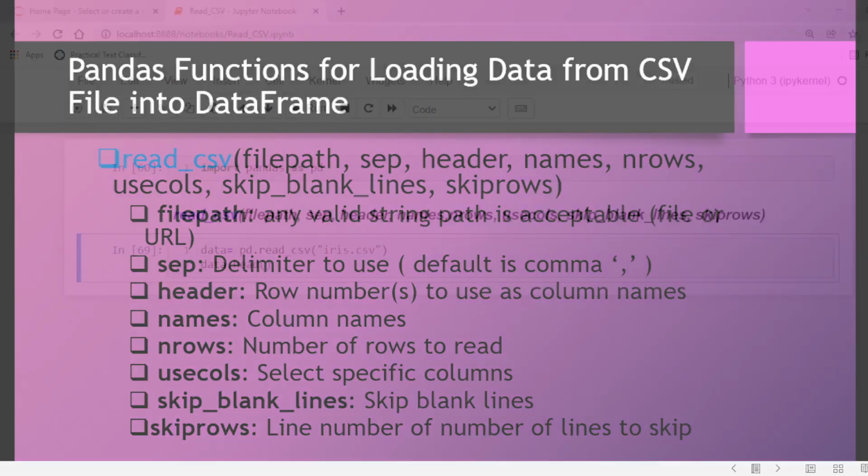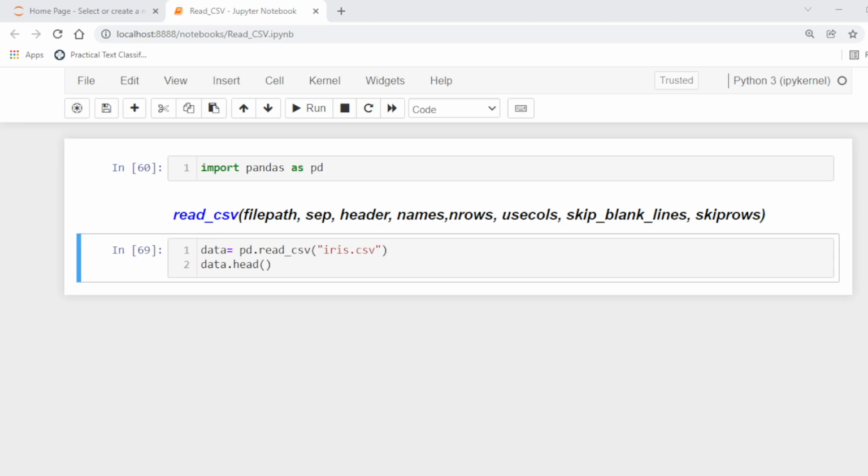So here we will use the iris data for experiments in this lecture. Iris data contains 4 features of flowers: length and width of sepal and petal. Iris data is often used in data mining, classification, and clustering examples.